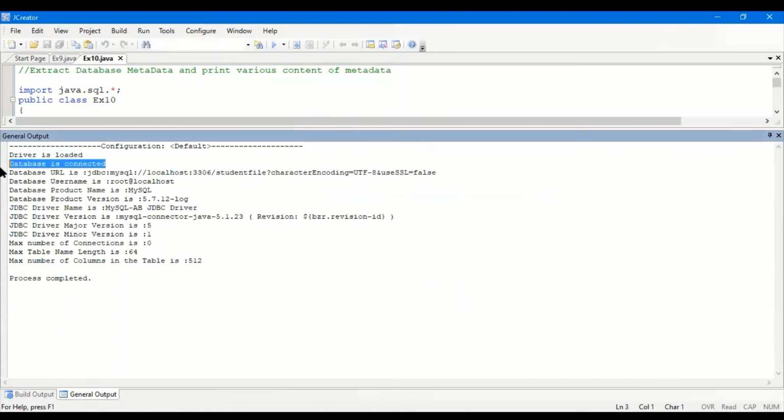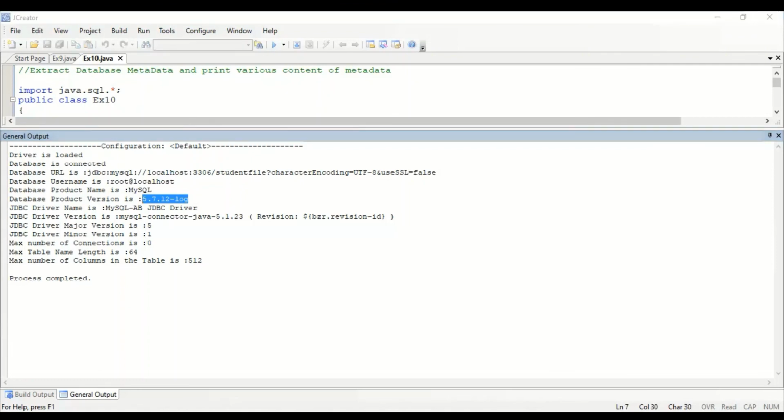After that, we extract the metadata and print many things. This is the URL of the database, which we write in the connection statement. This is the username, root at localhost. In the product, I'm using MySQL. This is version 5.7. You can see it here, this is the MySQL 5.7 command line client.